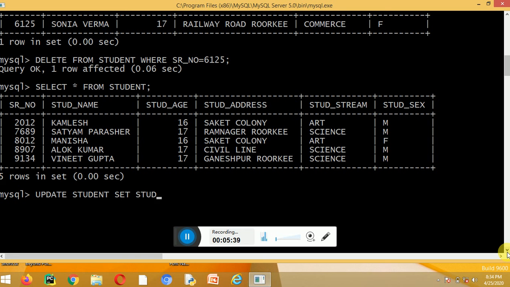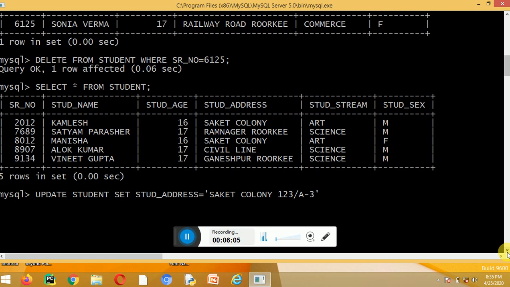Set stud address is equal to Saket Colony. Suppose I also mention the house number 123/A apartment 3. But if I write this query, the whole table address will be updated.